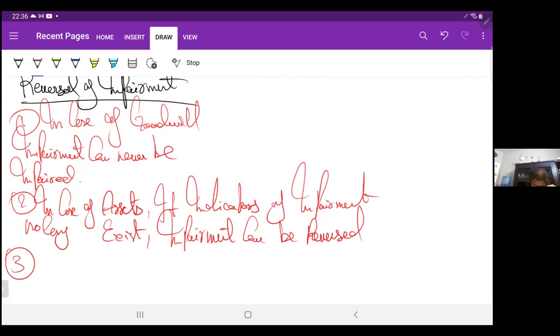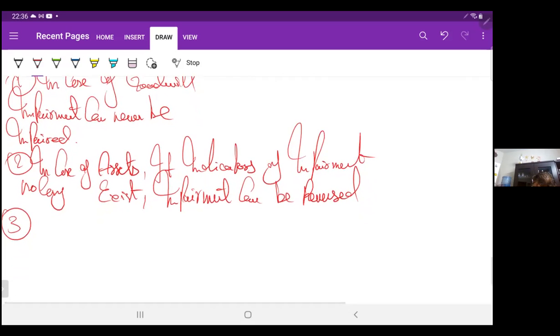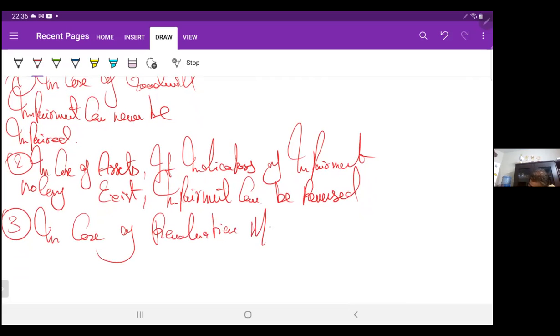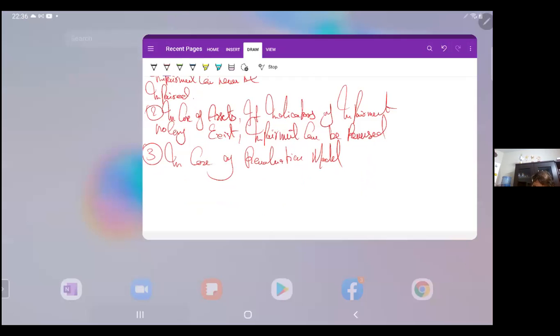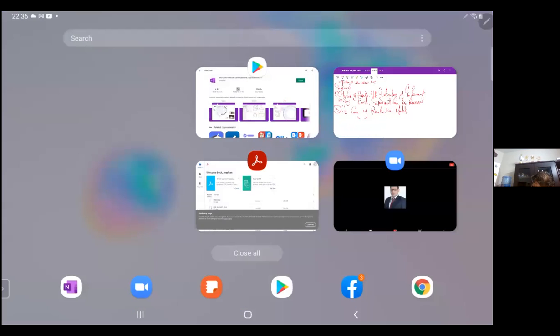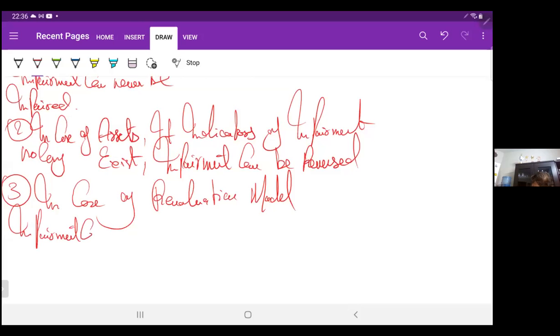Lastly, in case of revaluation model, impairment can be reversed up to the maximum carrying value